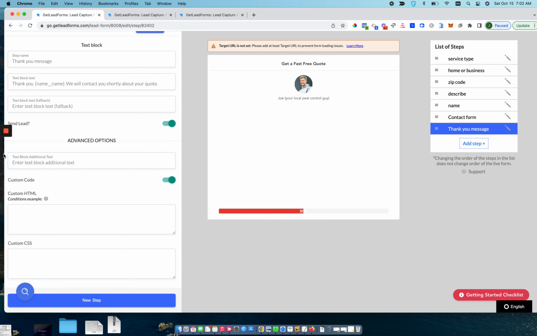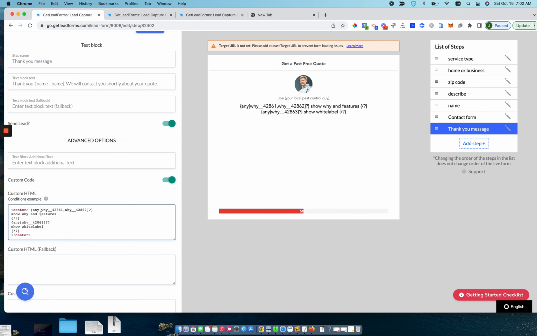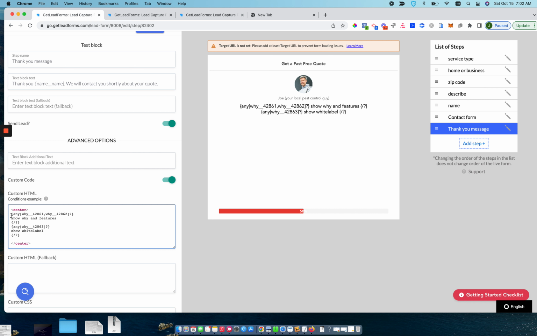Now we're going to need some logic, and it will look something like this. We can provide you with this logic. The center tags are just to center this, so don't worry about that. It's this squiggly bracket, and then we want to say the information in here. So this y_42861 is the variable. What we're going to basically be saying is, if a response is selected, show this message, and then we can continue to do that for all the responses that we want to show a particular message for. So what we need to do here is grab the variables that I just personalized, so termite inspection and home and business. And this is basically going to say, if they choose termite inspection and if they choose home and business, show